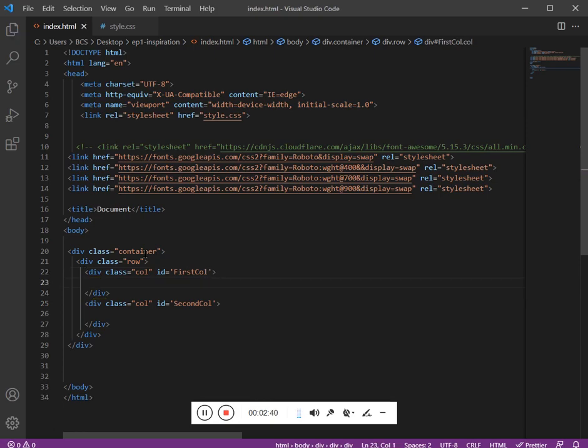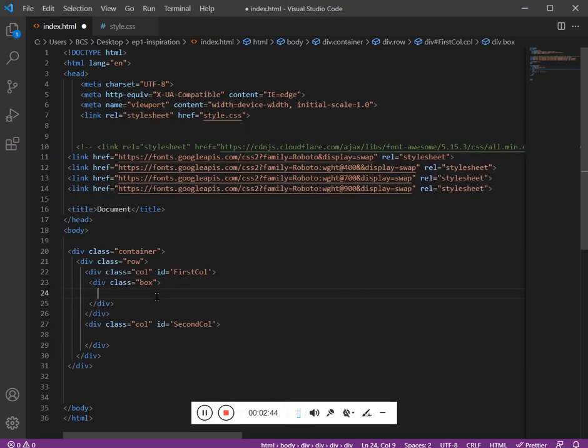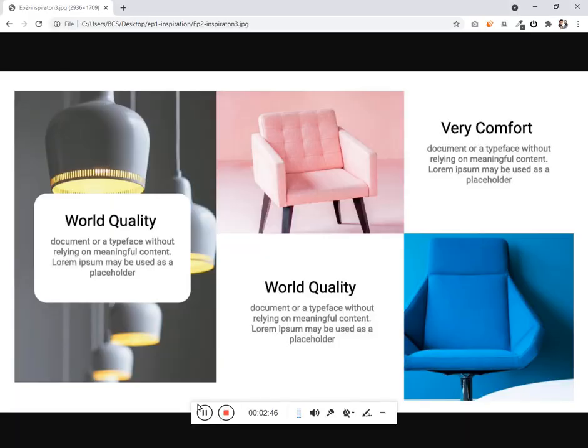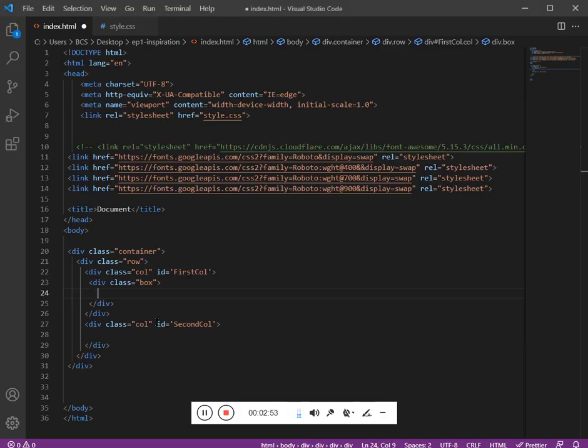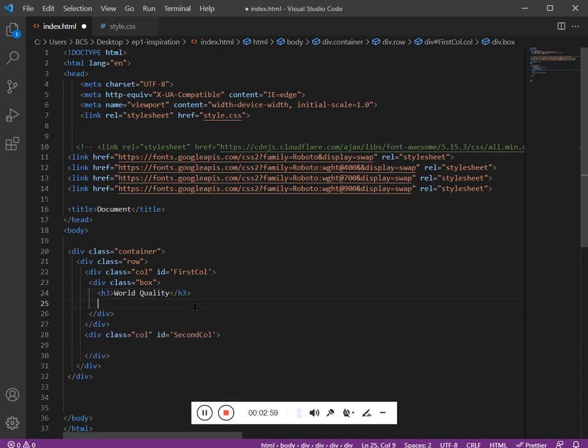Now on the first column we need to have the content, let's say box, and inside the box we are going to add the h3 and paragraph. Let's add h3 and a paragraph, let's say lorem of 15 words.